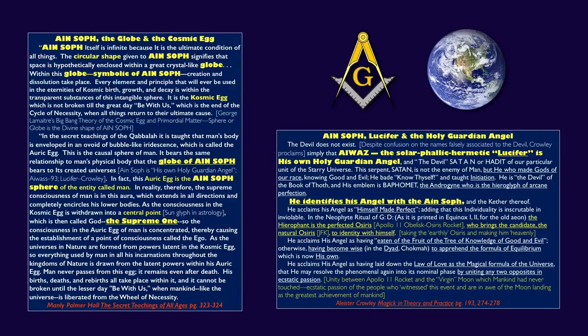And he brings the candidate, the natural Osiris, that's the lower one, right? The JFK Osiris, to identify with himself. So that's like Crowley saying my lower nature is this lower Osiris. But the whole point of the angel making himself perfect is to unite with this unity of the Ein Sof. So the unity consciousness of the Apollo 11 mission, seeing the earth as one, and Carl Sagan's speeches about that was the gift of Apollo, viewing the earth as one, all this oneness, yay. That's the oneness of the sphere or the globe of Ein Sof in Kabbalah. This is all synonymous with that. So take that for what you will. Just saying that there are absolutely esoteric parallels to all of this stuff.